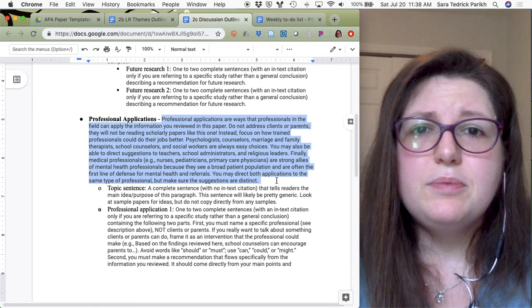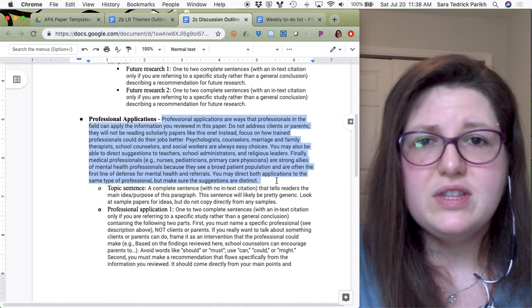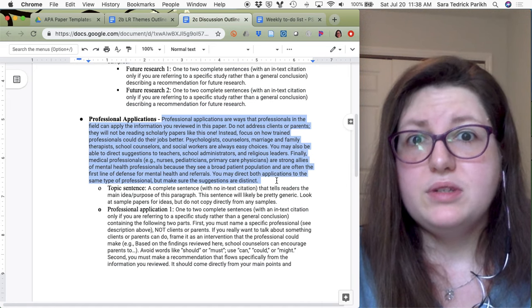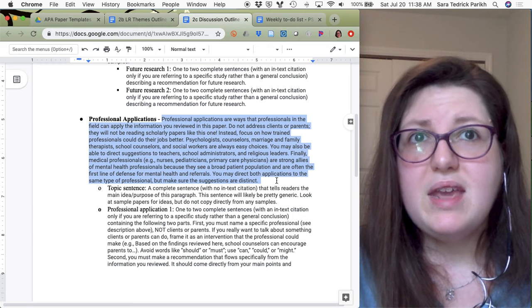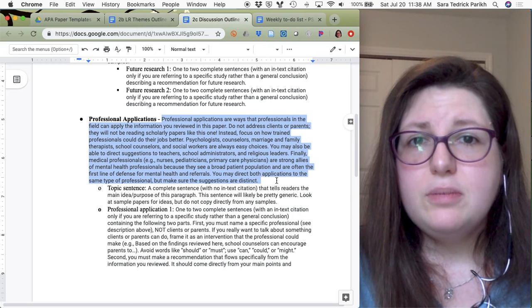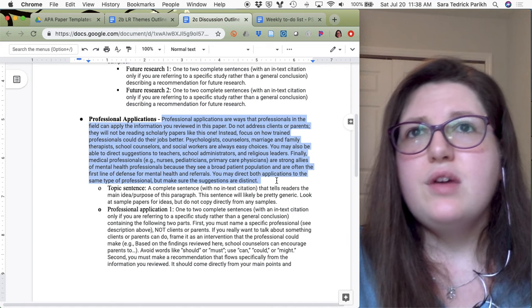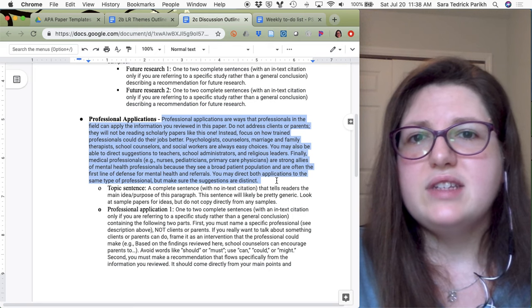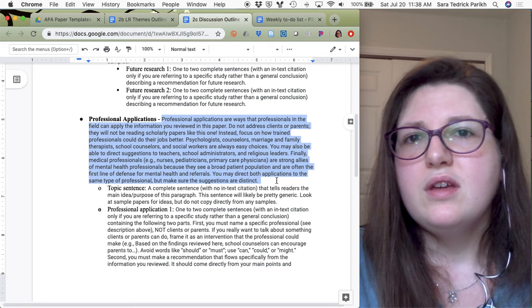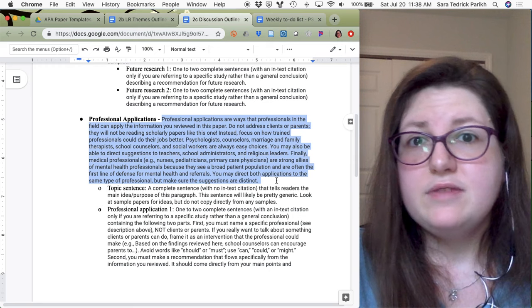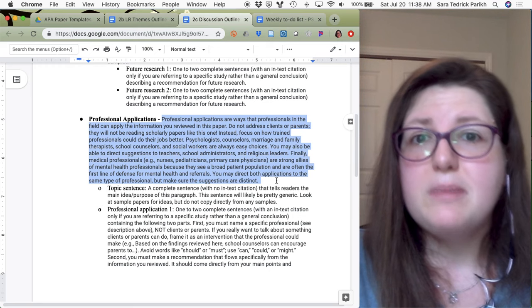Now, at this point, you may not know exactly how everything's going to fit together, but you should have a sense of what your main points are going to be, what the main ideas are. So you should be able to write a pretty good professional application section, and you can always revise it if, let's say, you talk about suicide assessment and then you end up completely ignoring the couple suicide citations that you were going to use. You would have to update the professional applications to match that.